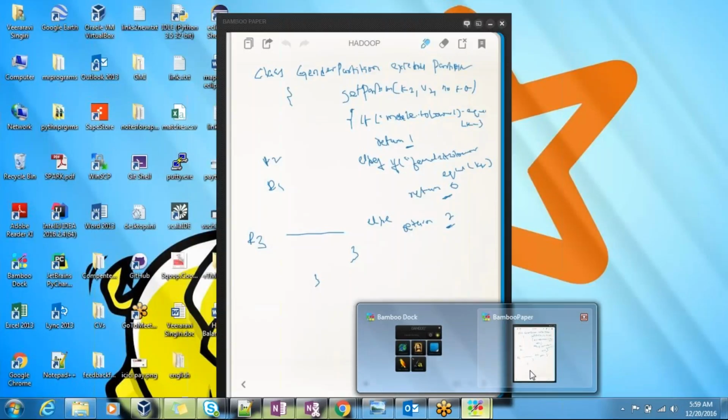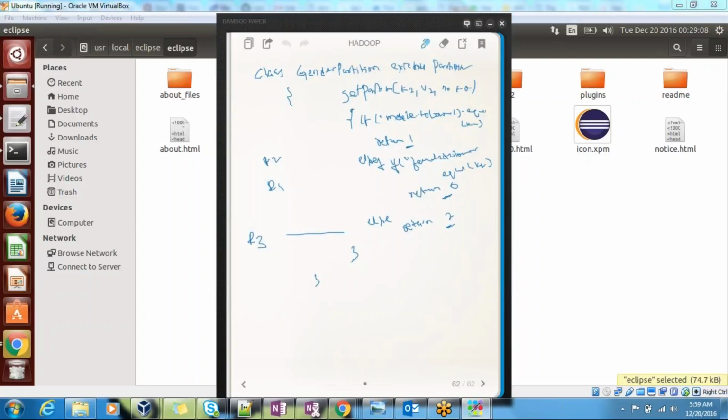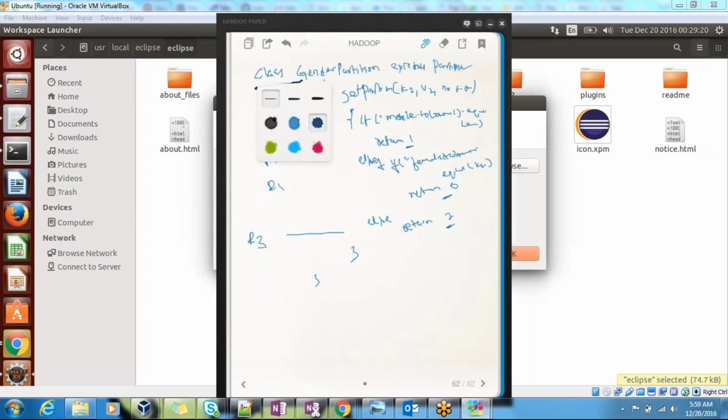Now I want all males into one file, all females into one file, and all other characters into another file. So how will I write it? I will write my own class here, extend the partitioner, and override